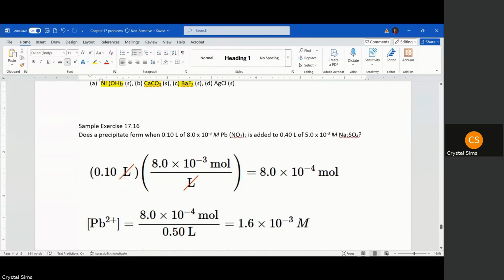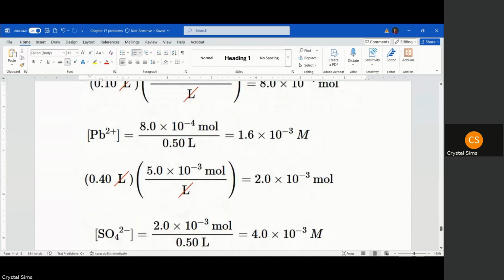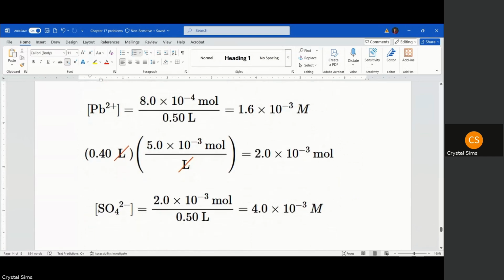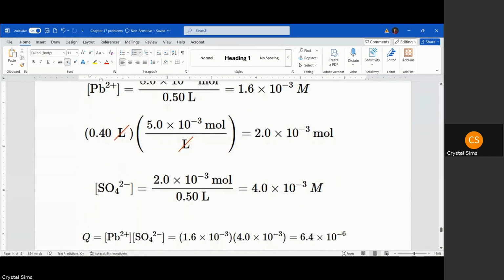In this case, the lead 2+ ion and the sulfate ion. Set up your solubility expression, your KSP expression. In this case, notice that we didn't have any exponents here or here. Why? Because a 2+ and a 2- are going to form a neutral